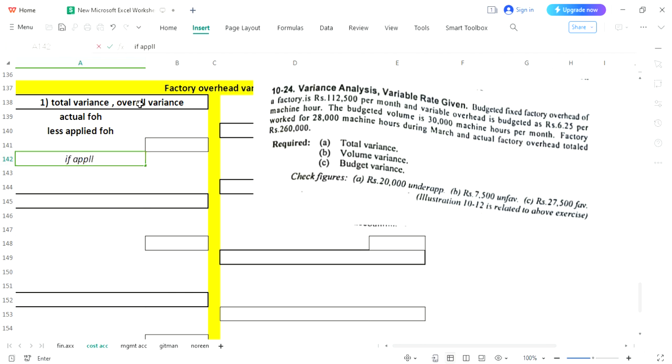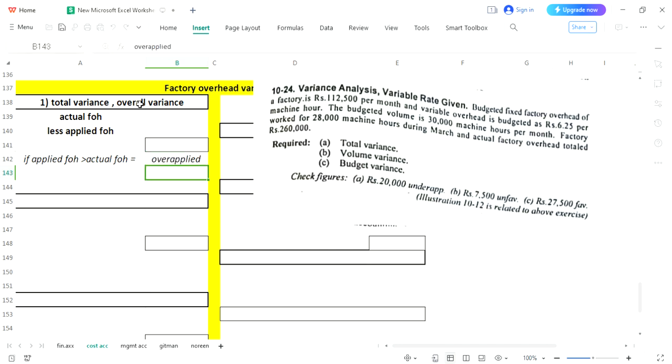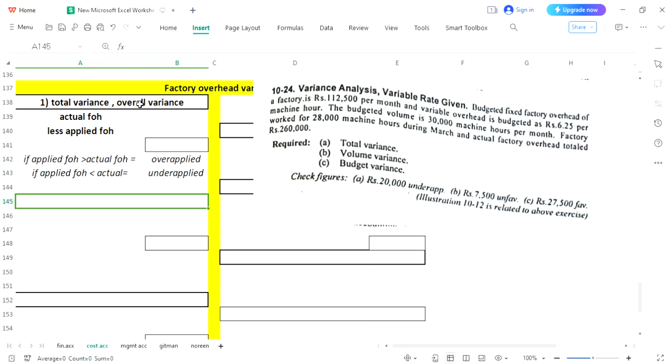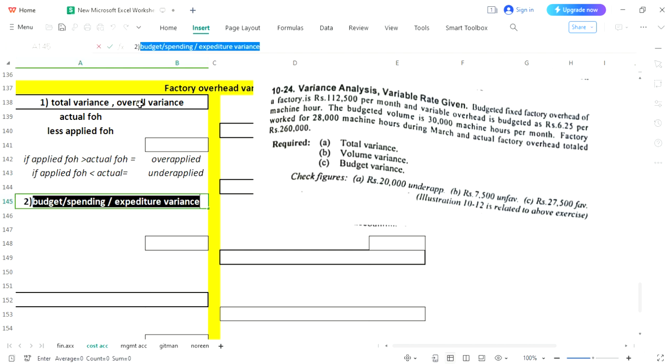So if applied FOH is more than your actual FOH, it means applied is more, and you will conclude over applied. If applied FOH is less than actual, applied is less, it would be called under applied. In this way you will conclude, and then you will calculate the second variance, which is your budget variance,